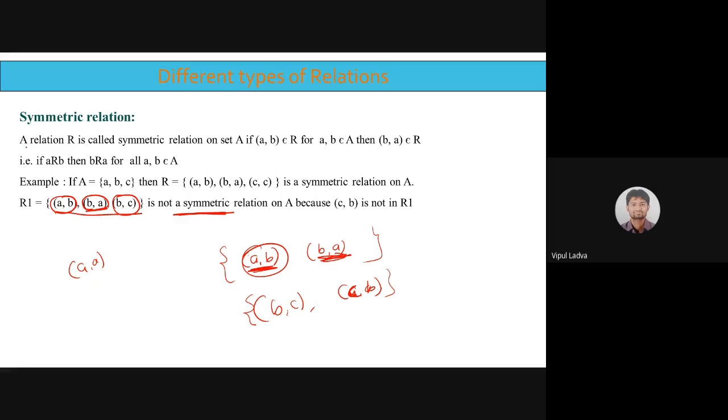So if we go through the definition, our relation R is called symmetric relation on set A if... ये बहुत बड़ी condition है, देखिए. We are not supposed to check each and every element. We will be just interested in the opposite pair. If A comma B is there, then we will be looking for B comma A. अगर A comma B नहीं है, तो we will not inquire for B comma A. Take care of that. So if A comma B is there in R, then B comma A must be there. Then and only then we can say that such relation is symmetric. अगर नहीं है ऐसा, तो symmetric नहीं है.